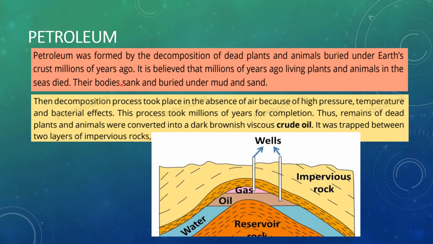Decomposition of these buried bodies took place in the absence of air, under high pressure and temperature, and in the presence of bacteria. This process took millions of years to complete, and then these remains of the dead plants and animals were converted into a dark brown viscous liquid called crude oil, which was trapped between the layers